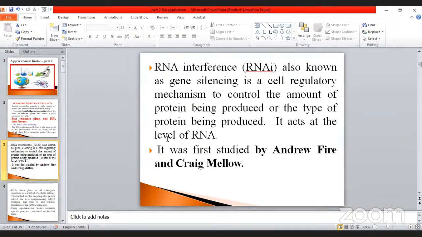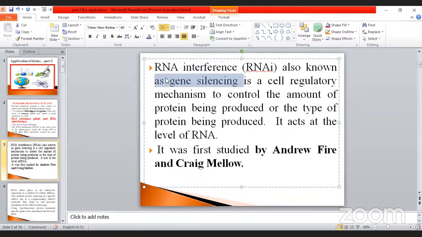It acts at the level of RNA. See, this is the main important point. What is the meaning of gene silencing? RNA controls the activity of other genes, whether it is RNA production or protein production, all those things. This concept,